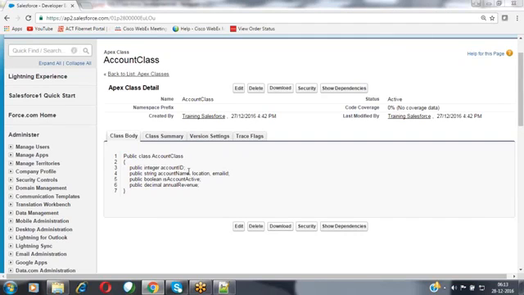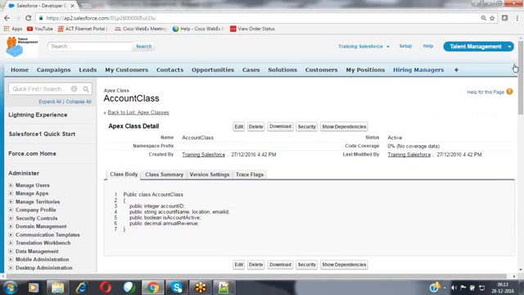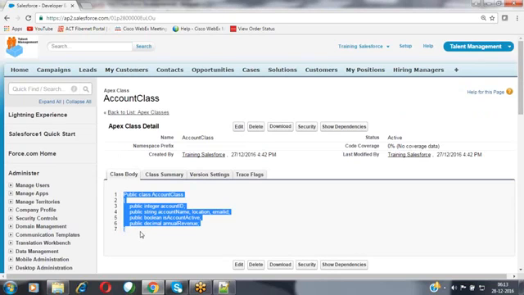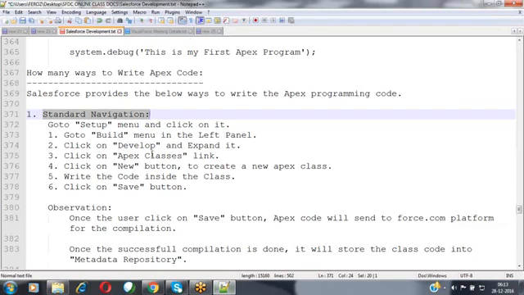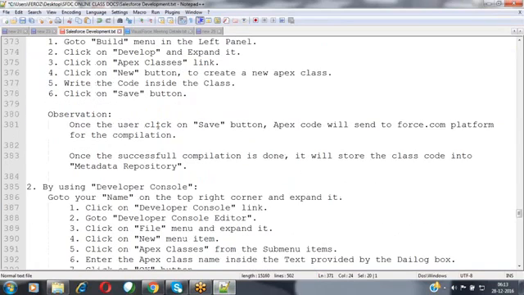So now we will see how to create Apex programming code by using the developer console. The basic way to create an Apex class is by using the standard navigation. The second way is by using the developer console, which we'll see practically over here. I'm placing this code here.